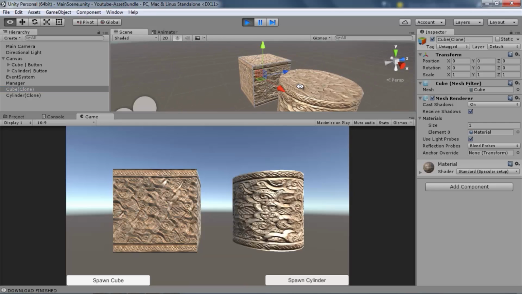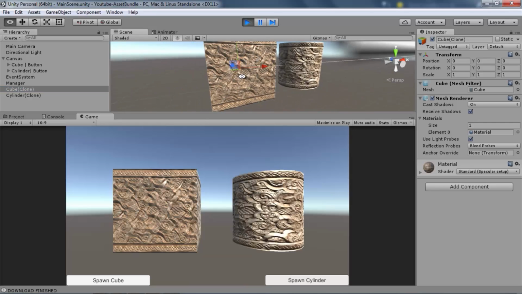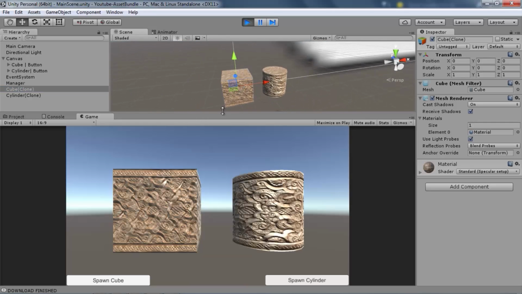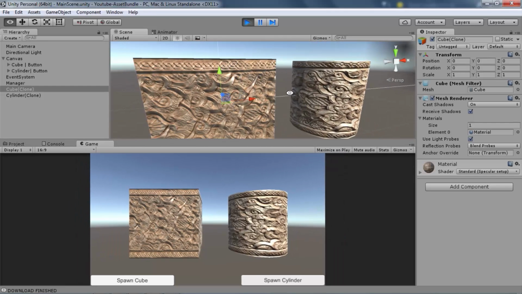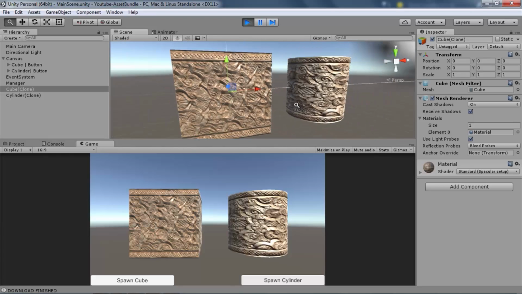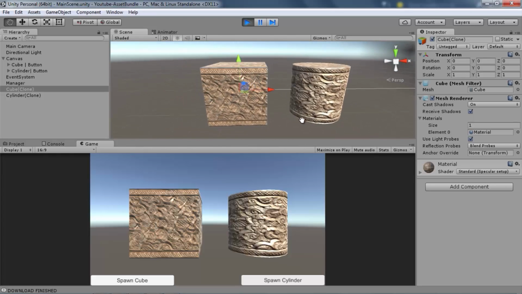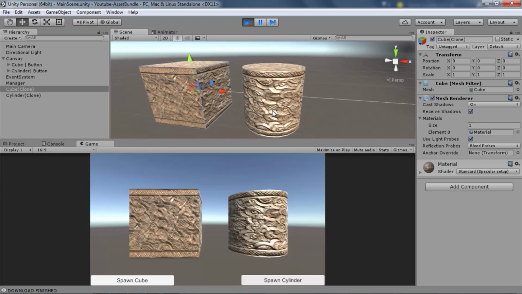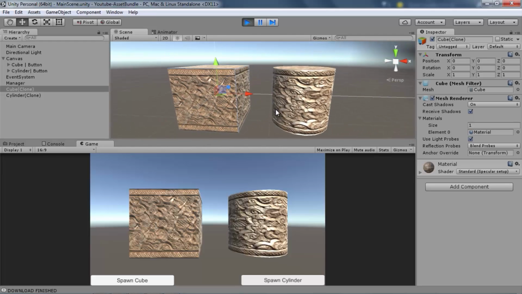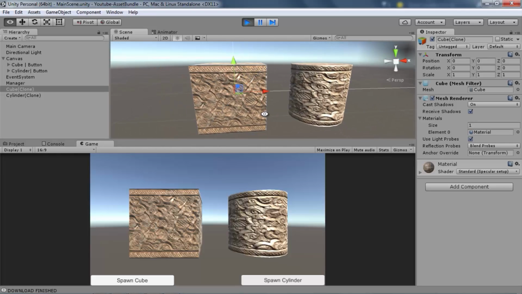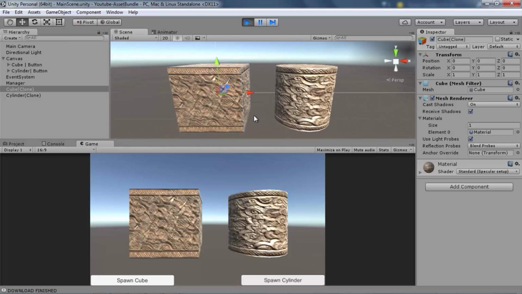So what you should understand is that because the cube prefab and the cylinder prefab depend on other assets that are packed in another assets bundle, you need to load your dependency first to store it to memory so it can be used by the prefab.